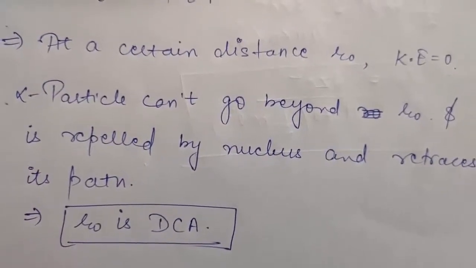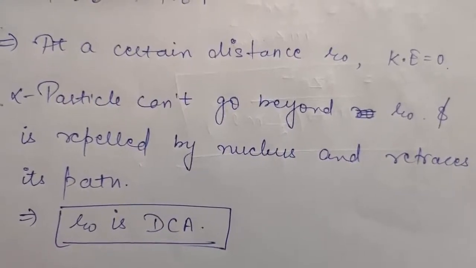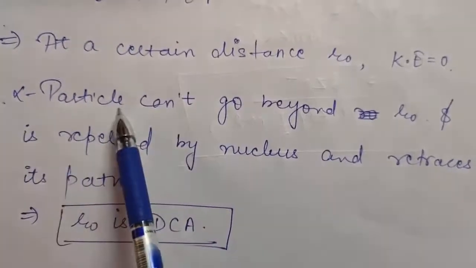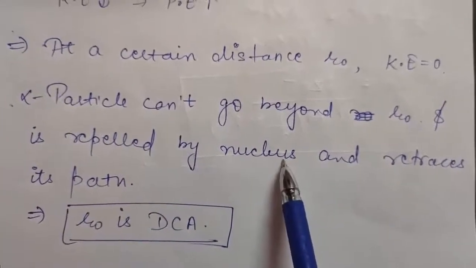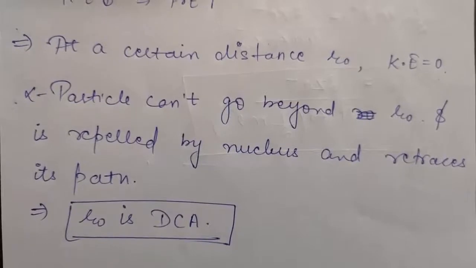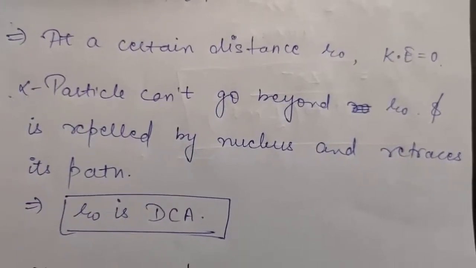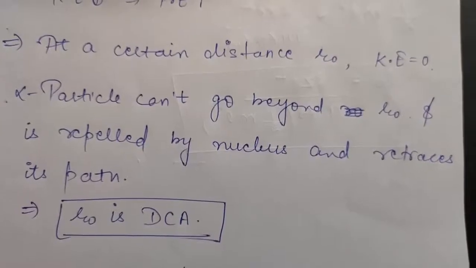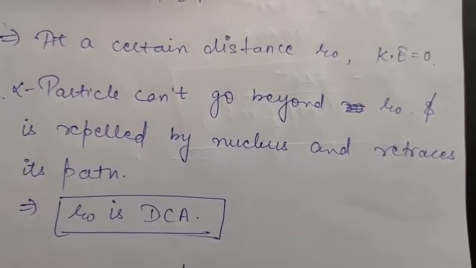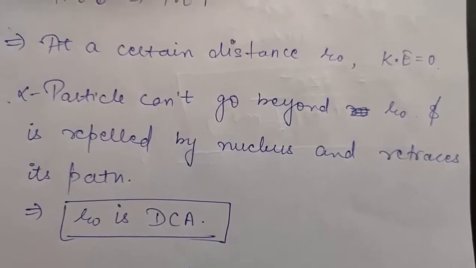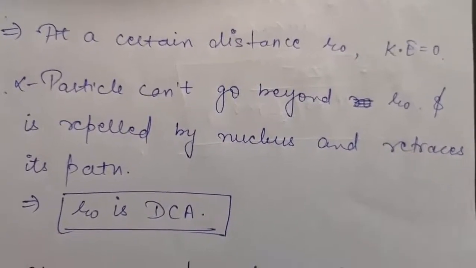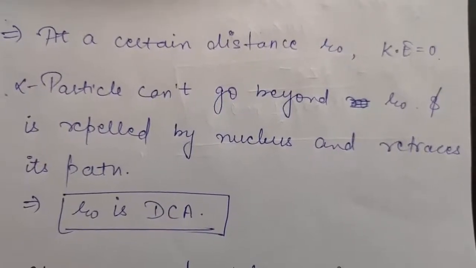First assumption was that the nucleus and alpha particle both are taken as point charges. So we will be considering the alpha particle as well as the nucleus to be point charges. Second, the atomic nucleus is so heavy that its motion during the impact is not considered. That is, we consider the nucleus to be so heavy that there is no motion of that nucleus. And third assumption was that the scattering is due to elastic collision between the nucleus and alpha particle.